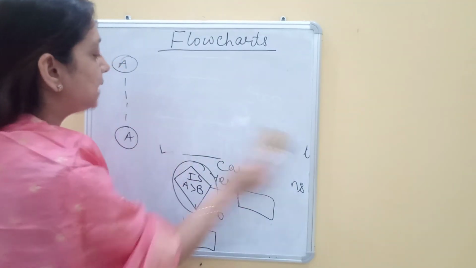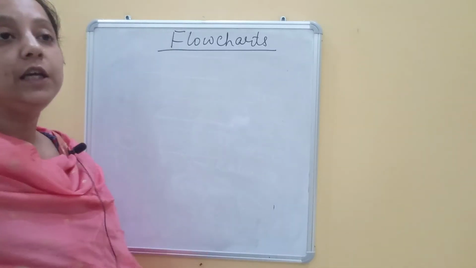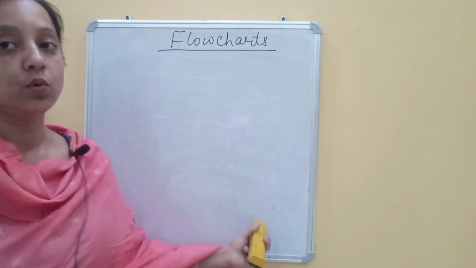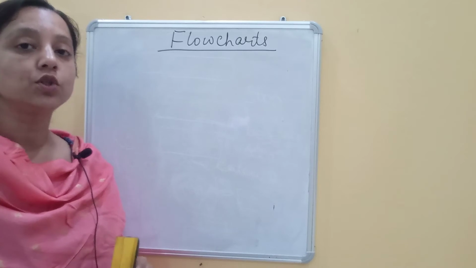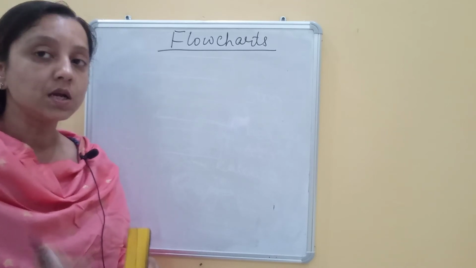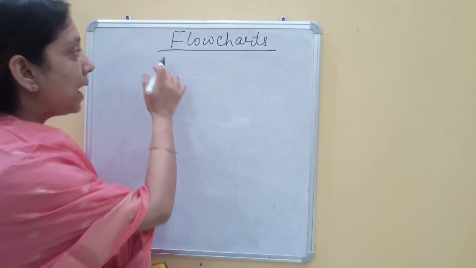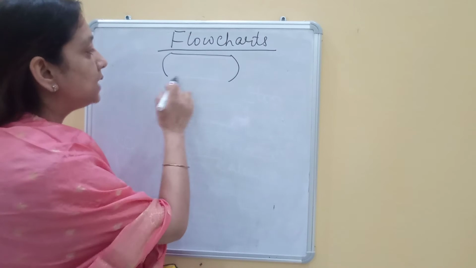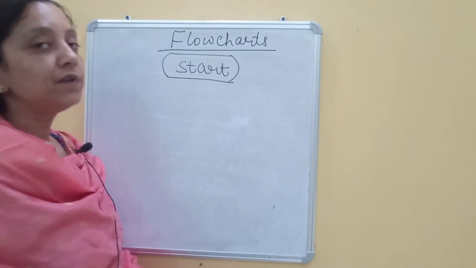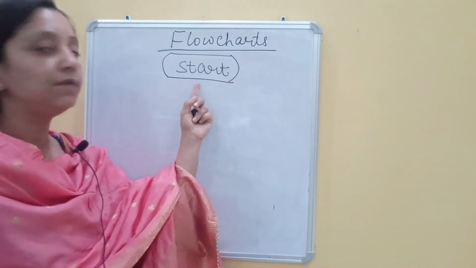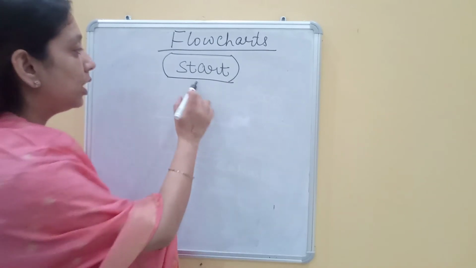Now let us look at an example of a flowchart wherein we need to display the sum of two numbers. My customer, or the end user, wants to know the sum of two numbers. Now how will we design a flowchart for this particular problem? As I told you, a flowchart will always start with the start or stop symbol. Since we are beginning the flowchart, obviously we will say start. This is the first step towards designing a flowchart.